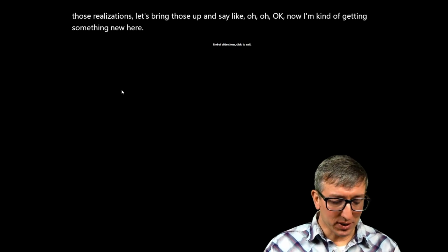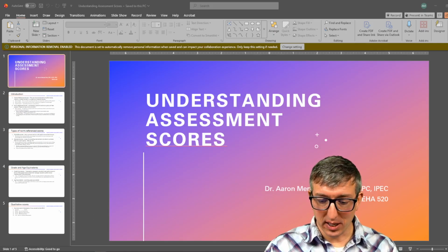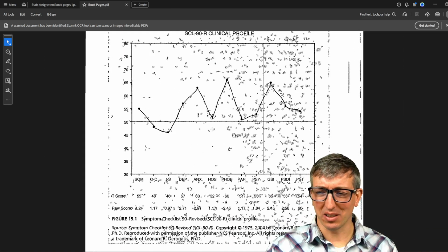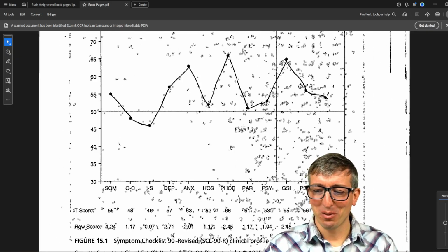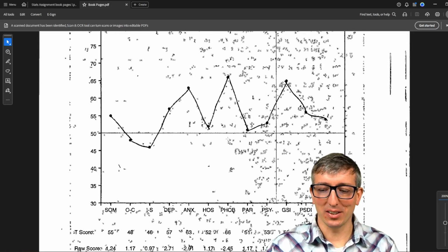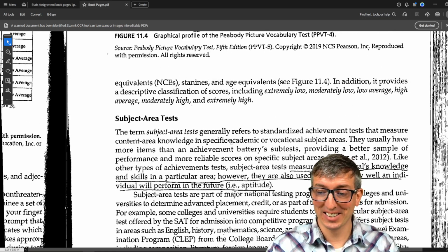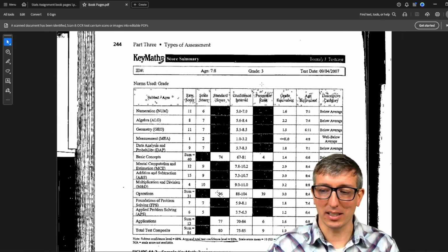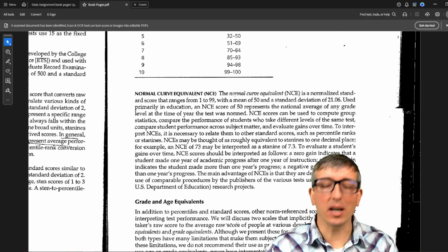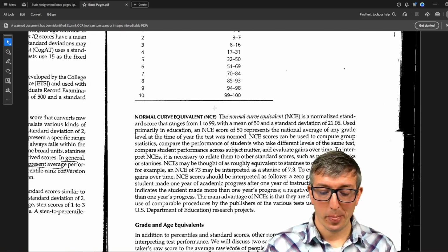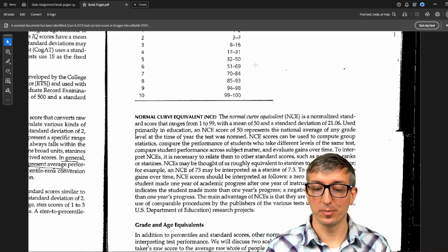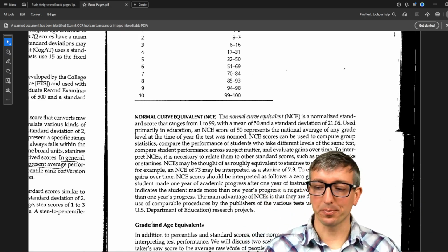All right, we're done a little bit early today. Let me see, I'm just gonna scan through this to make sure. We will have gone through some of these. Oh, that's so gross looking. Sorry, guys. We will have gone through examples like this, hopefully a little bit more clear in class. So when you read through these things in the book, we'll understand that stuff, and things like this key math. It's where we see things like grade equivalence and age equivalence and that kind of thing. So I'm not going to go through it now. Either we'll have done it last week in class, or we'll do it next week in class to really round out this part of our stats mini lecture or whatever.